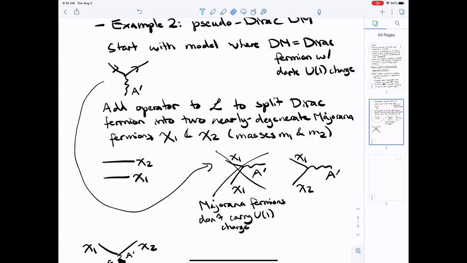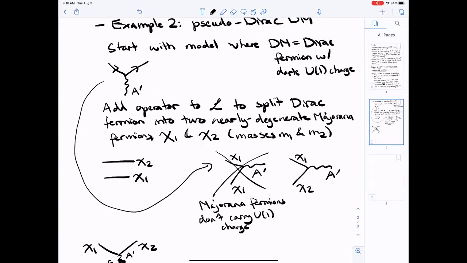You can set this up in multiple ways, but the breaking of the dark U(1) symmetry is what allows for this splitting. And so that means that you're only going to get this splitting after the dark U(1) is broken. And that can happen at various times. But again, if you choose your parameters such that this splitting is really small, then even if these things technically have different masses in the early universe, if the mass splitting is much tinier than the temperature, then it won't really matter for the freeze out calculation.